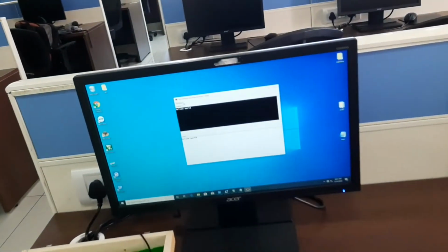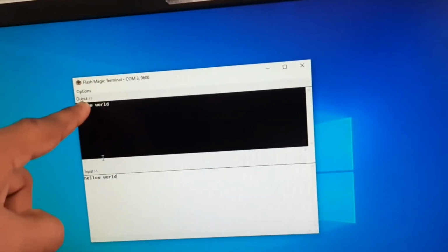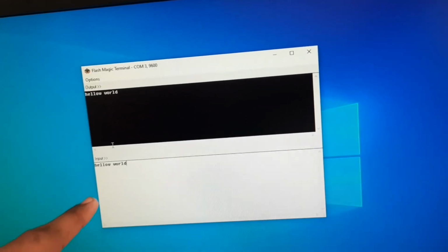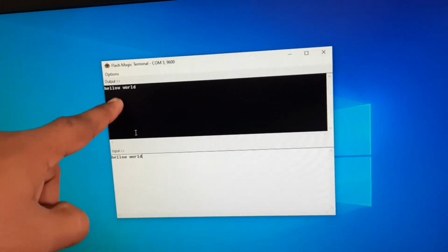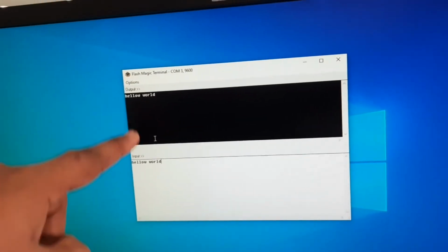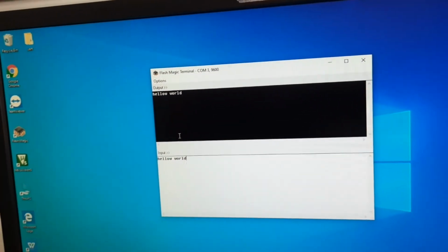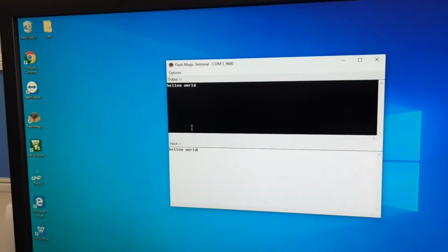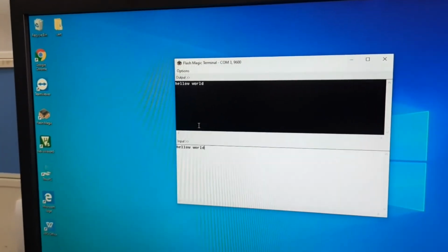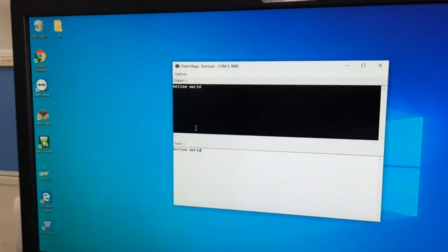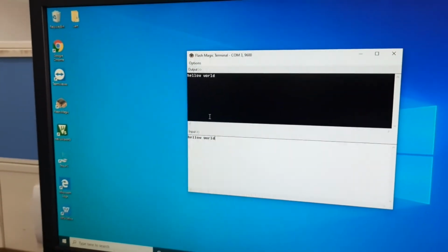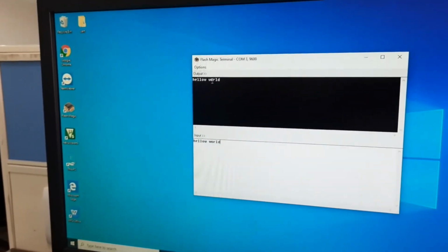Now you can see whatever I typed, that is the input, here we have, and here we have the output. So whatever word is typed, that we have to get in the output. So that conversion is there, right? Input to output, that is done by using UART. The Universal Asynchronous Receiver Transmitter will help you to convert this one to here.